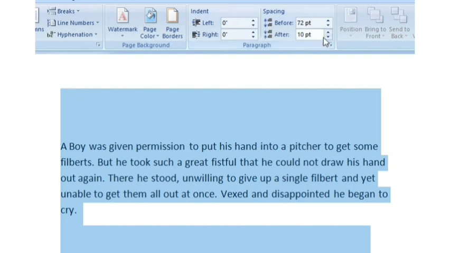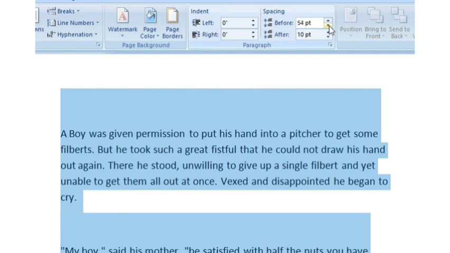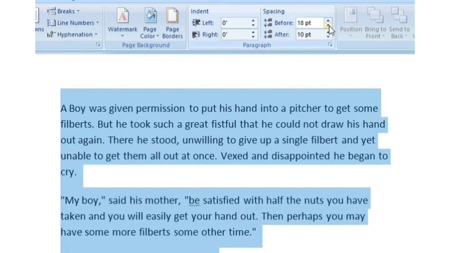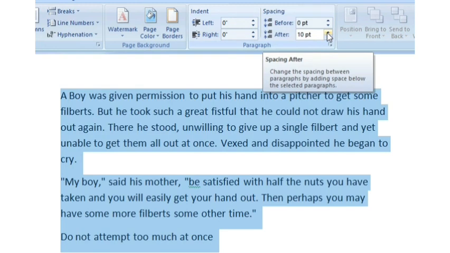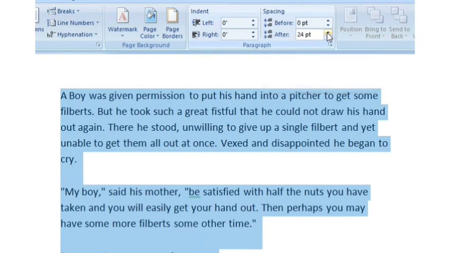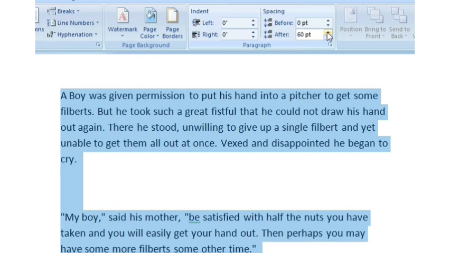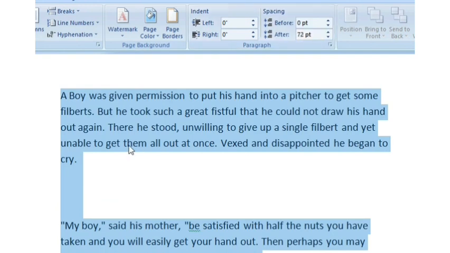Alright, now let's go back again. This is our normal paragraph. Now what will happen when we increase the value of After? Then the distance between two paragraphs changes. Earlier the whole paragraph was moving down.